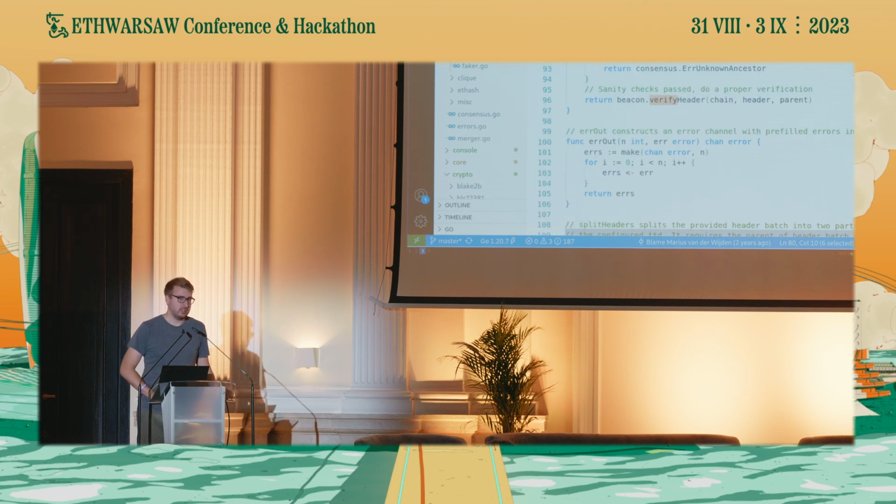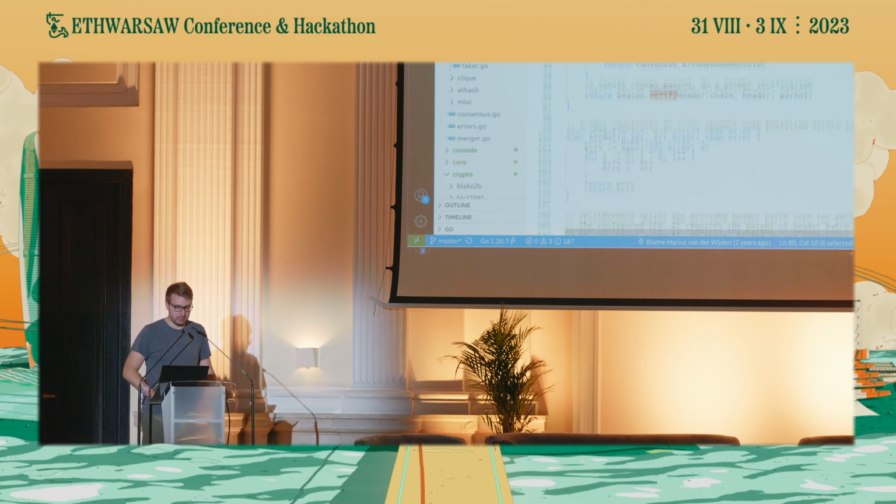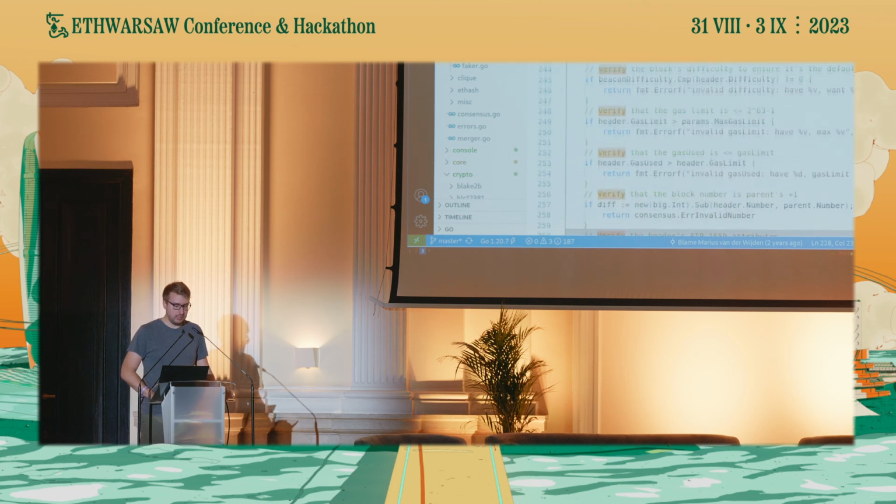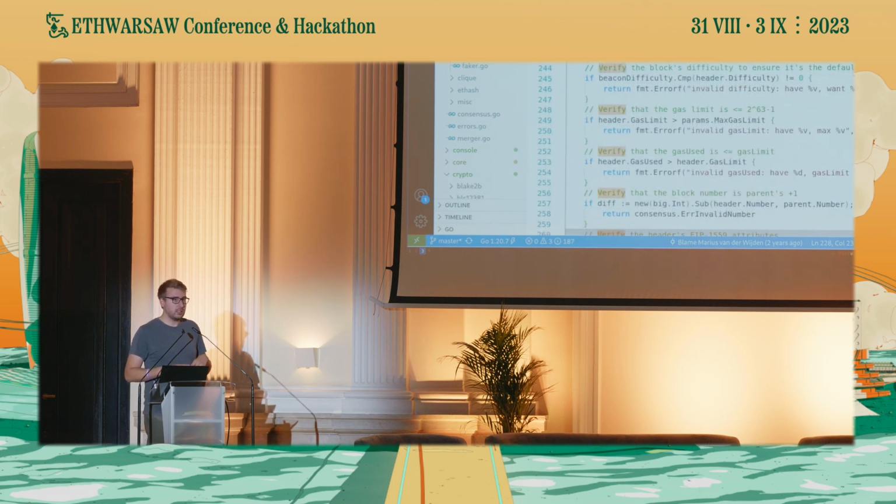We just check is the terminal total difficulty reached, and if it's not reached, then we are pre-merge, and we have to use ETH to verify that the header was built correctly, and otherwise we use the post-merge method. And here we have, again, some of the checks are duplicated here. That is because this part is used from all over the place. Like the consensus,